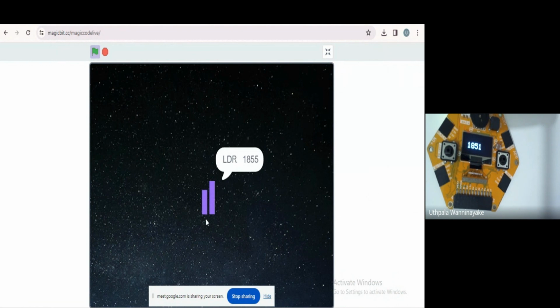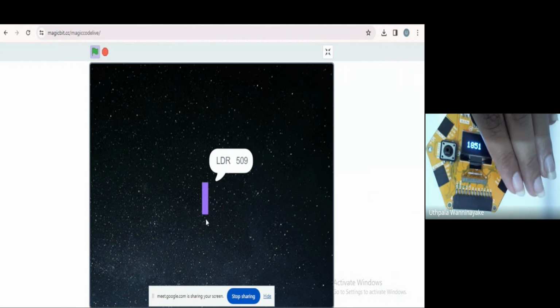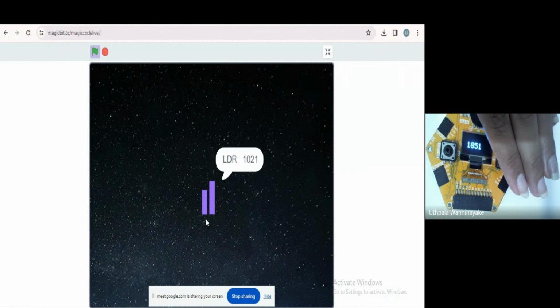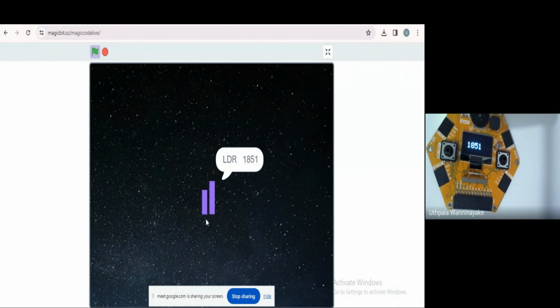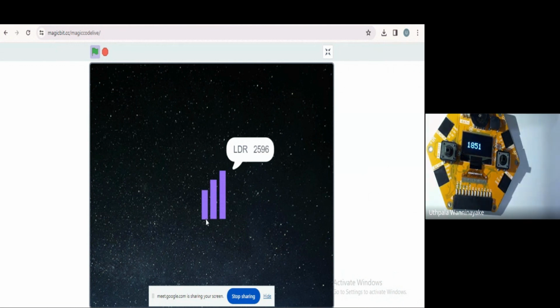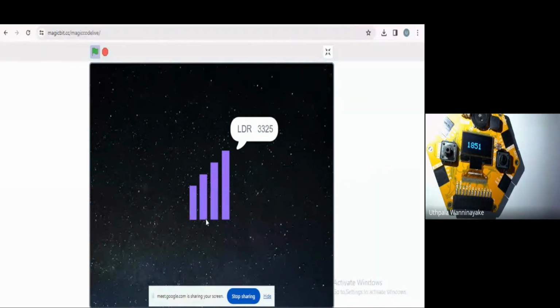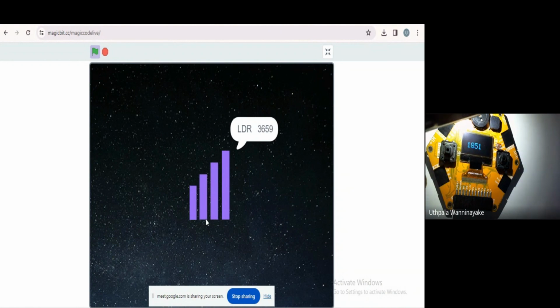Now if I cover the LDR with my hand, the LDR value will go down below 1000. In that case, see, now it is showing 1 bar. When it becomes greater than 1000, in between 1000 and 2000, 2 bars will come. If you direct an external light source, right now the value has not gone beyond 1800, so I will direct the flashlight towards the LDR. Look at the output, how it is changing. When the value is in between 2000 and 3000, the 3 bar output comes. When it is getting more light and the value increases beyond 3000, 4 bars are there. When the value becomes more than 4000,